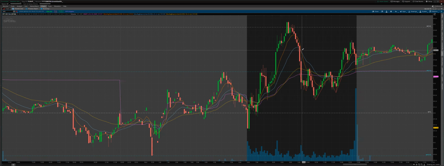But if you wait for the 9 to cross under the 21, as it does here, and you're in your calls, you've lost a lot of profit by waiting until you get to this point for the 9 to cross under the 21. Because sometimes price might break under the 9 and then bounce off the 21 and then continue higher, right? You want to sell into the rip because this is where you're going to conserve the most profit. So as you can see, this parabolic move as it moves up and the 9 is